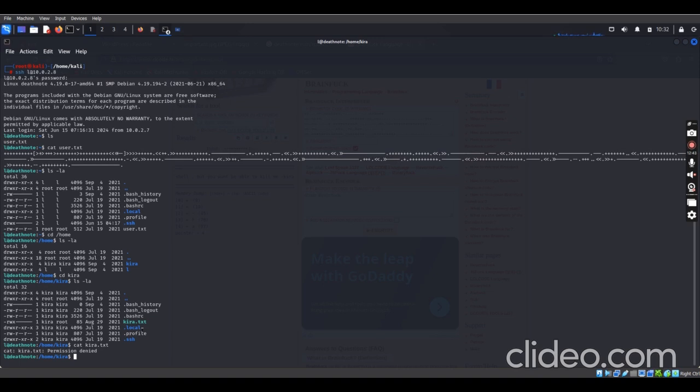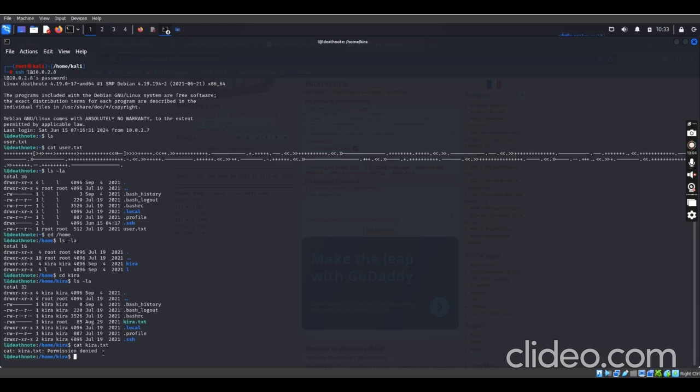It says permission denied. It simply means we don't have permission to read what Kira has stored in her own folder, because we are L user. We can only do that if we have elevated privilege.